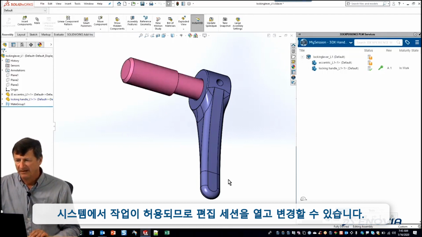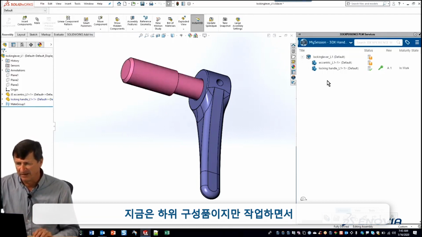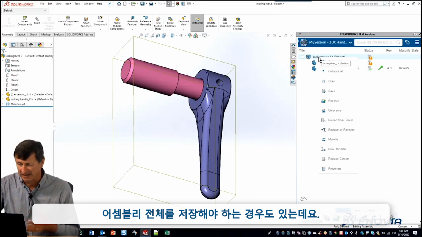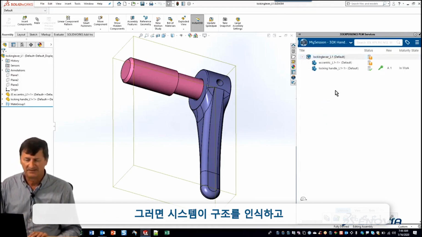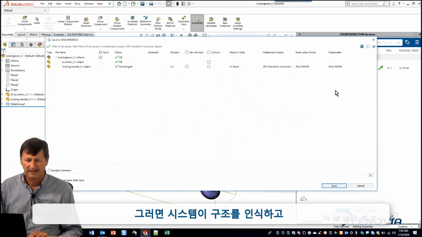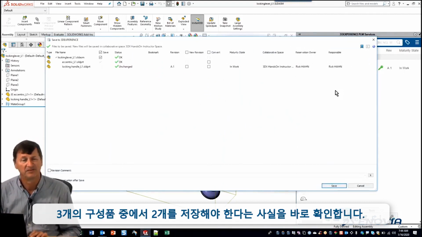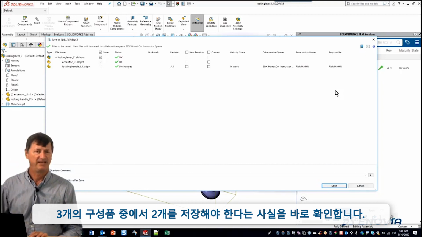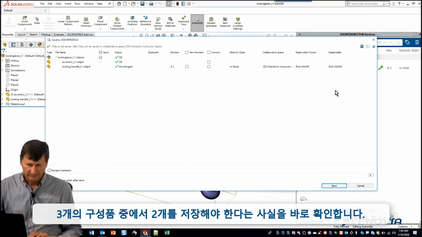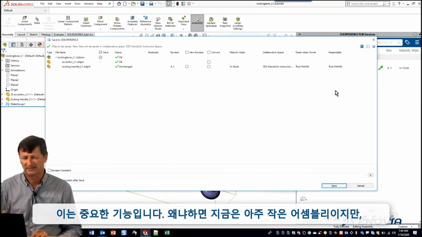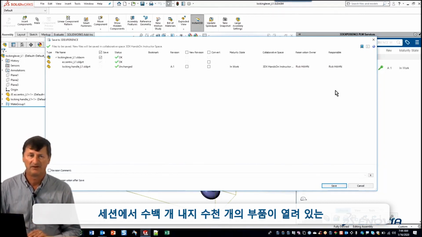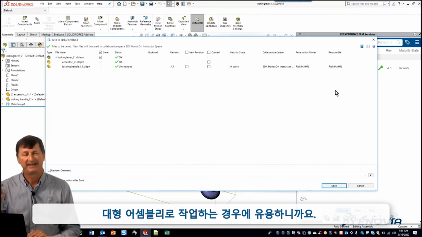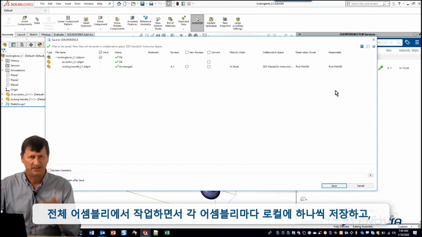Okay? Now, as I'm working, I may want to save the entire assembly. Even though I've got a subcomponent here, I can do a save at the top level, and the system will look at the structure I have and immediately identify that two of the three components need to be saved in this structure. This is important because this is a very small assembly, but if I had a large assembly with 100, 1,000 parts open in session, and I edit one part, but I'm working in the context of the entire assembly, each subsequent save